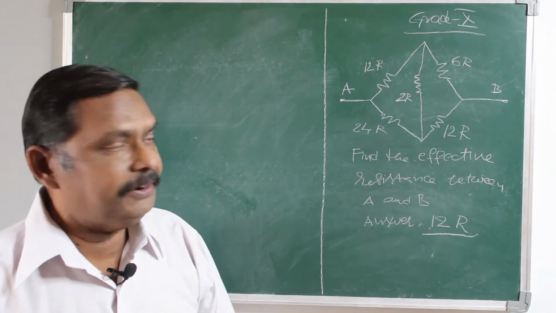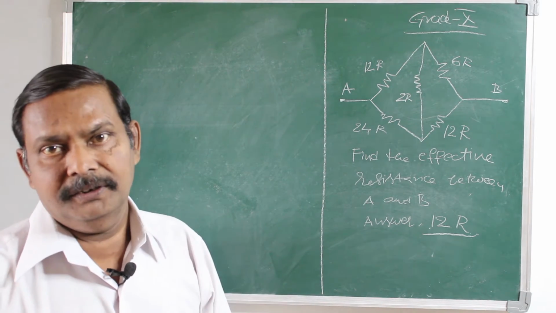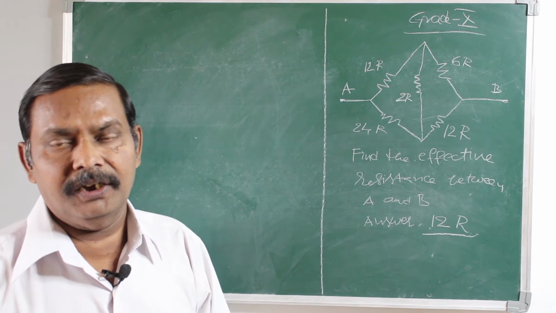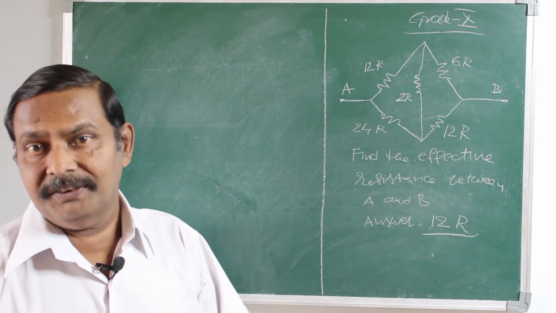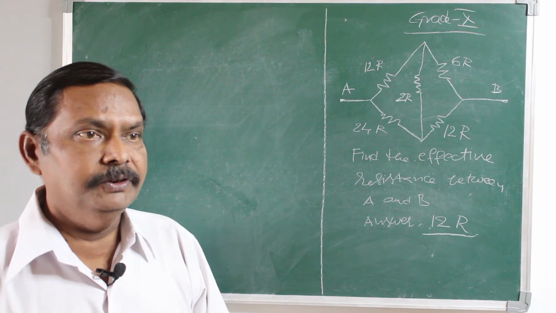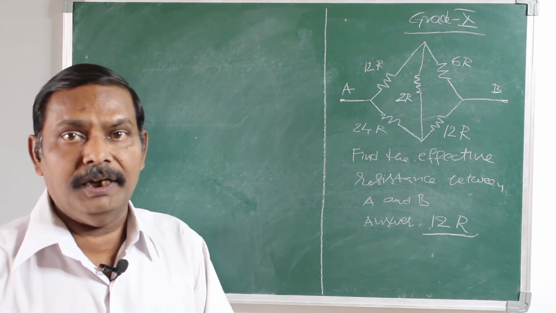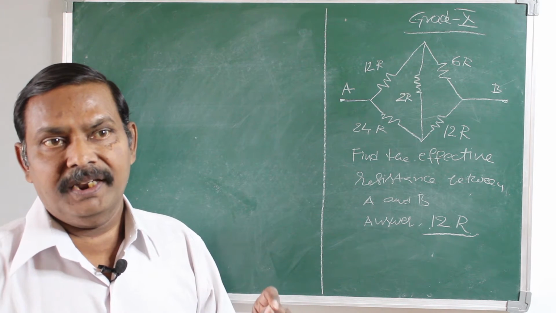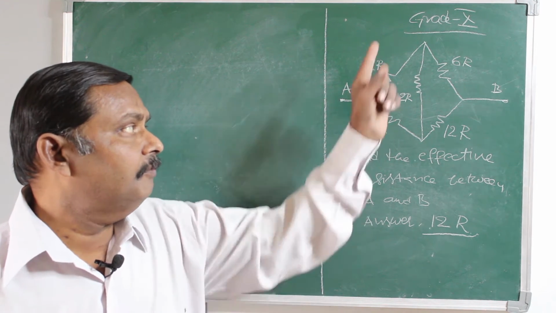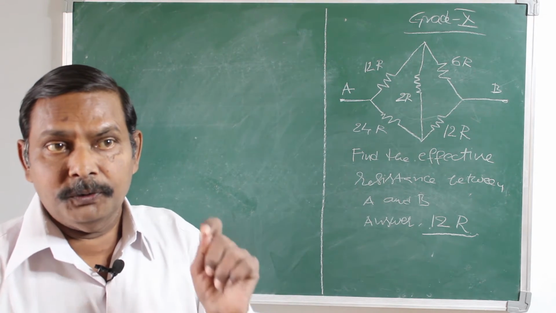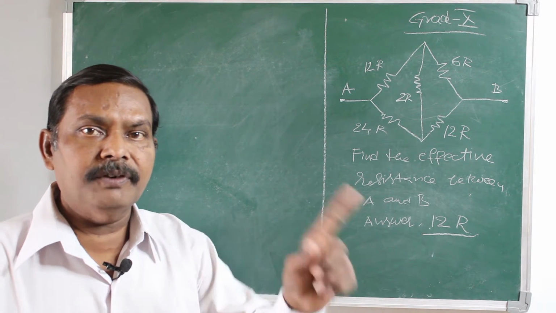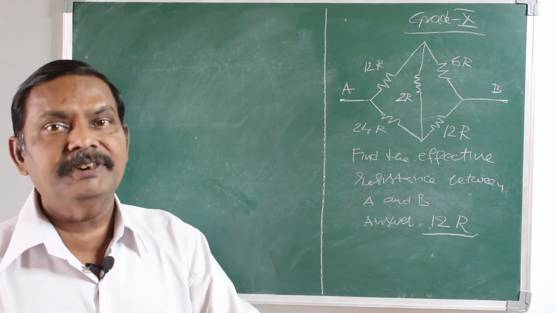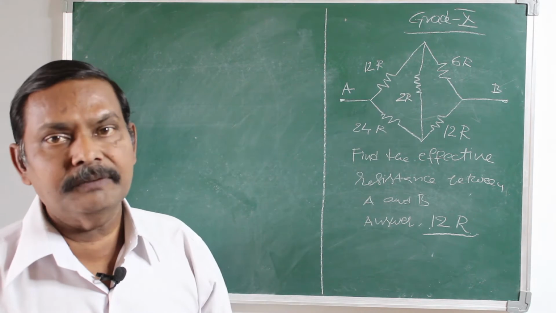To understand the answer, first you need to recollect your concept related to Kirchhoff's laws of electricity. Kirchhoff's first law is called the junction law, and Kirchhoff's second law is called the loop law. Based on these two laws, a rule is made, that is Wheatstone's bridge principle, and based on it, we can solve this problem.